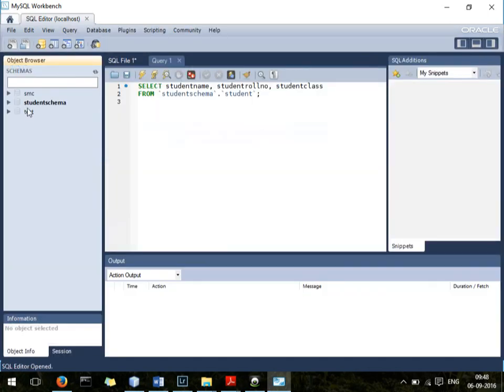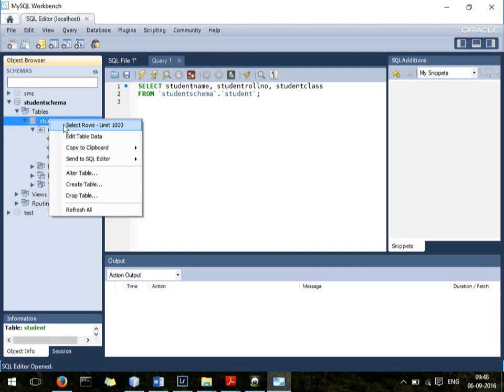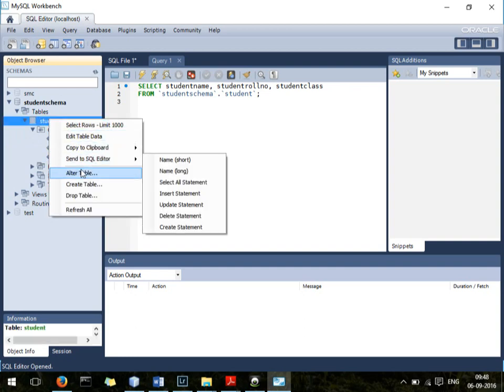Right. So you can see that I have got a student schema. Inside this, I have got a table by the name student. Inside the student table there are certain fields like student name, student roll number, and student class. All right, so these are in MySQL. Fine. So if you want to see what is there in that data,